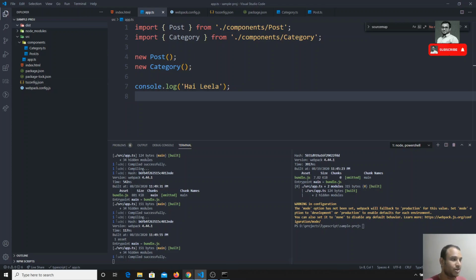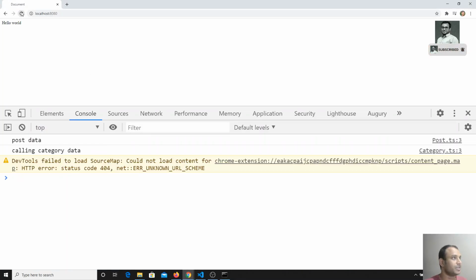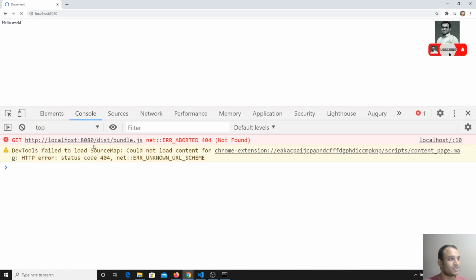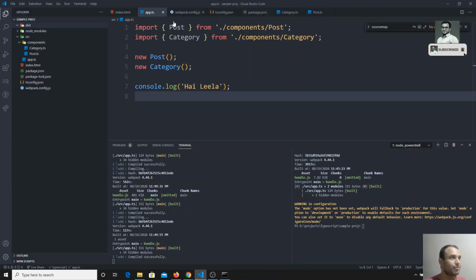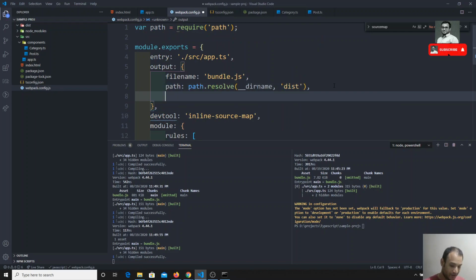Now if I try to execute this one, again we will not get the output. It is telling that dist/bundle.js it is unable to find. So webpack dev server will not generate the bundle.js file. It will store it in memory only. So what we need to do is tell the webpack config.js, we need to give another option, something like publicPath, to say where that memory file is stored. The memory file should be represented. So we need to write it as dist.